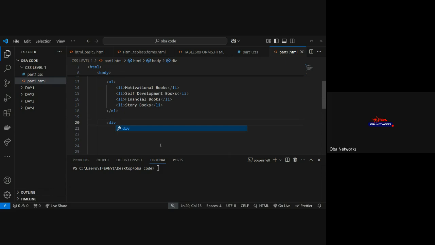Let me introduce you to something called div. Inside the body, div is like a boss on its own. It's like a boss. So inside that boss now, since you mentioned